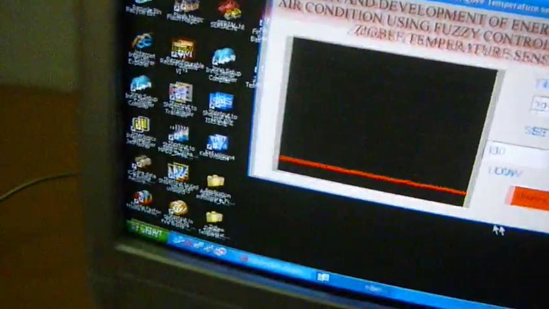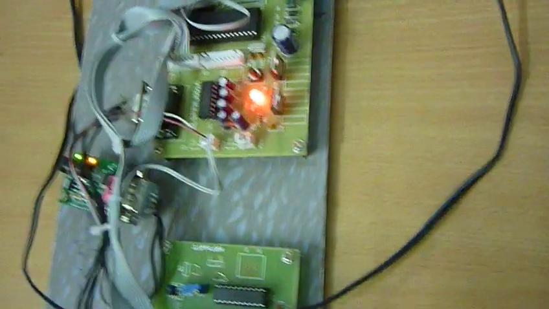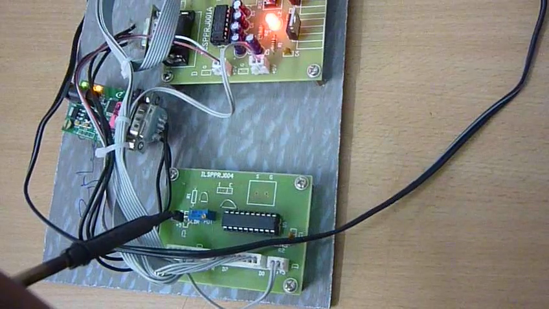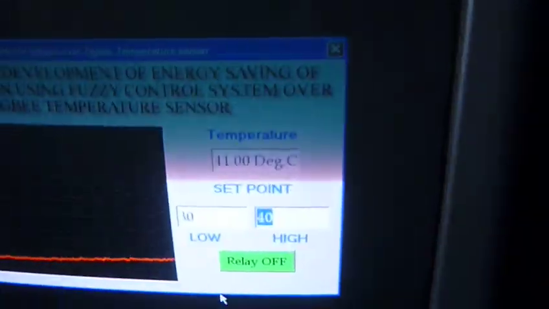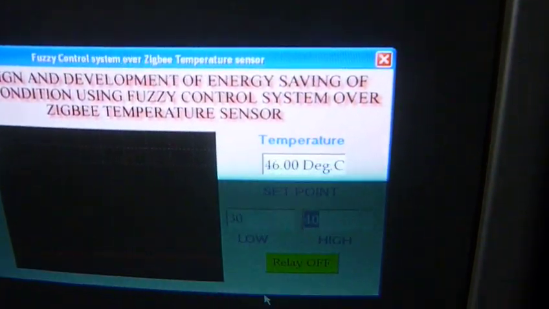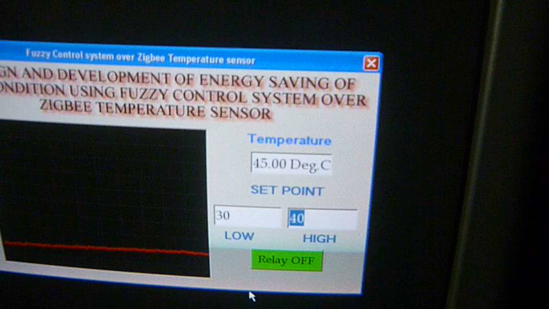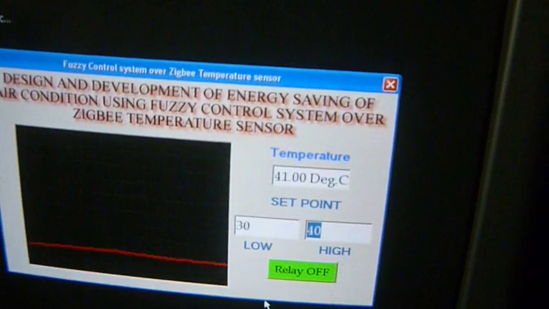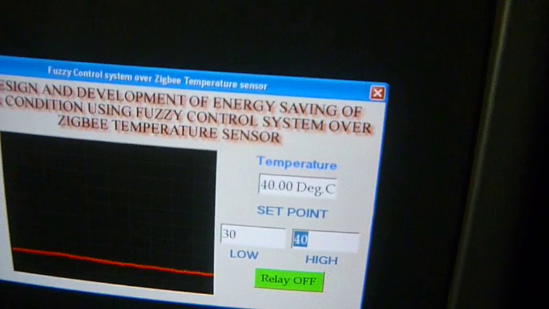Now let us try to increase the temperature of the temperature sensor by manually heating it using a soldering iron. And I am heating the soldering iron. You can see the temperature is getting increased over there. It is tripping off the relay. Okay. I am just removing the soldering iron. You can see the temperature gradually falls down. And once the temperature